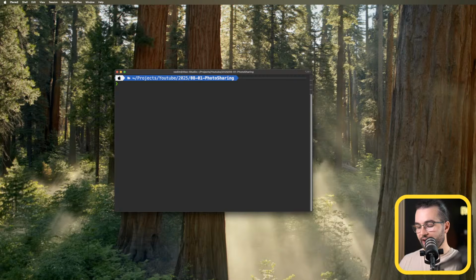And let's go ahead and run npx create expo app to create a new expo application. Also add @latest to make sure that you're using the latest version of the create expo app tool. Then we're going to give it a name, for example, photo sharing. And then we're going to give it a template. And the template that we're going to use is going to be